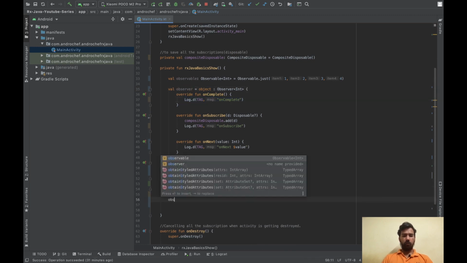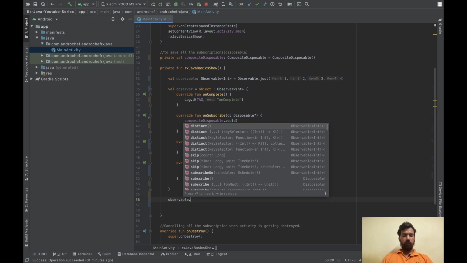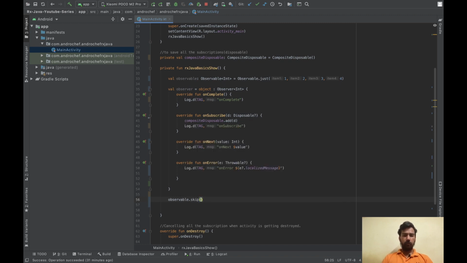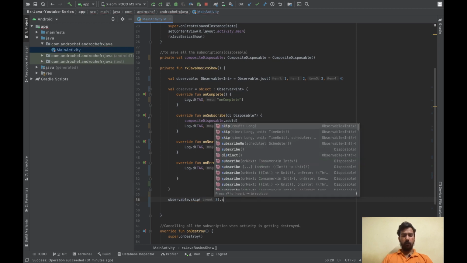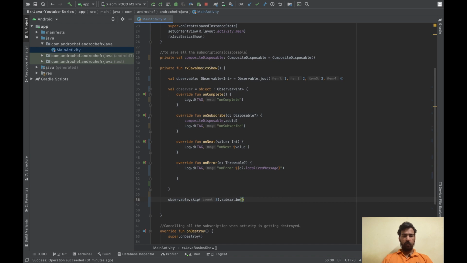Now we'll add skip, and skip will just remove the first 3, and then we'll subscribe and pass the observer. In this case 1 2 3 will be skipped and the 4 will be the output.